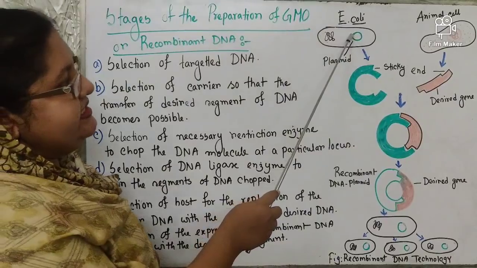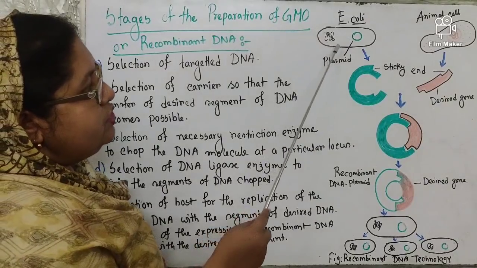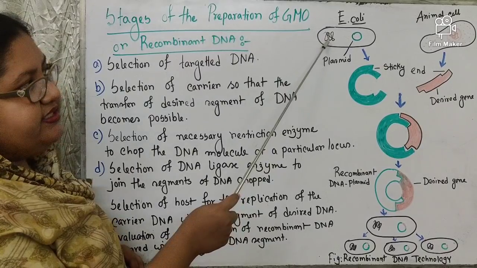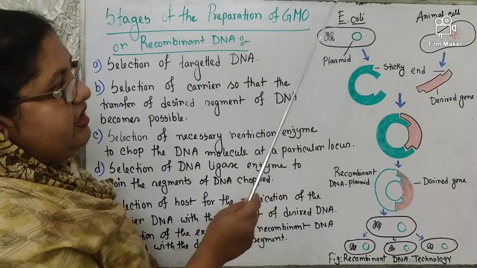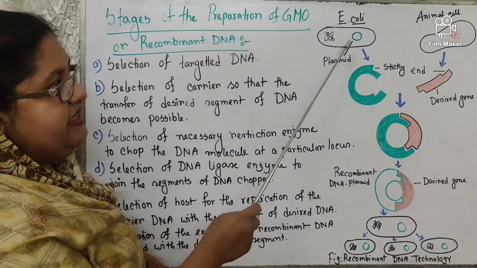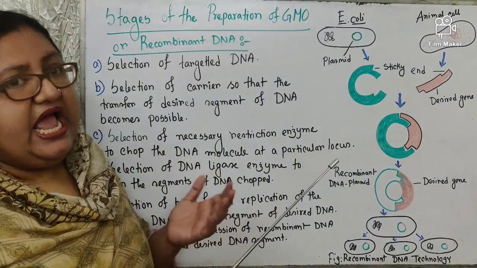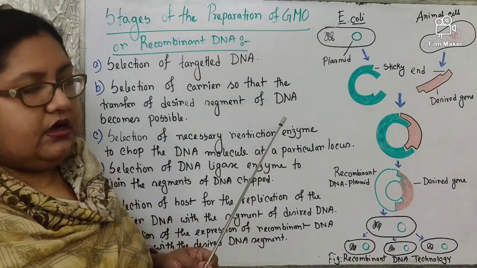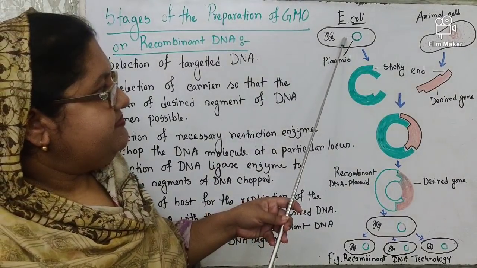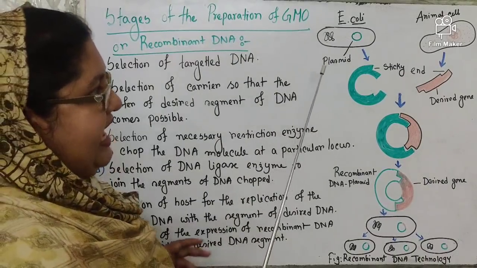Now, the stages. First of all, this is the E. coli bacteria. There are two DNA molecules present in the E. coli bacteria. One is the spiral DNA and another one is the circular DNA. This extrachromosomal circular DNA is known as plasmid. The special characteristic of this is it can replicate as it is in the parental bacteria. So when it multiplies, it always multiplies with the exact or similar characteristic that it had.